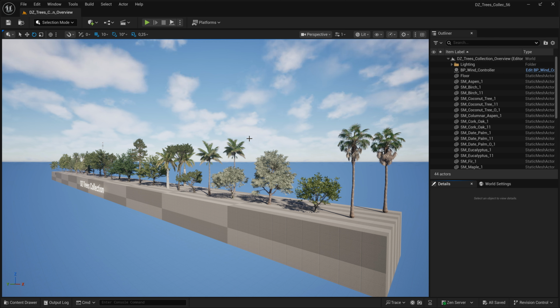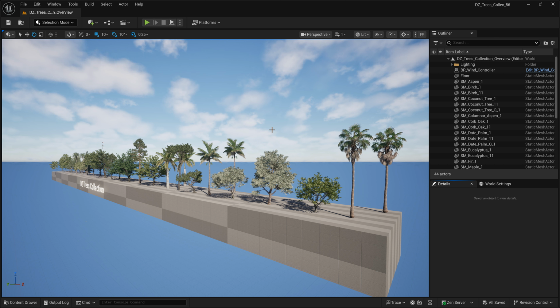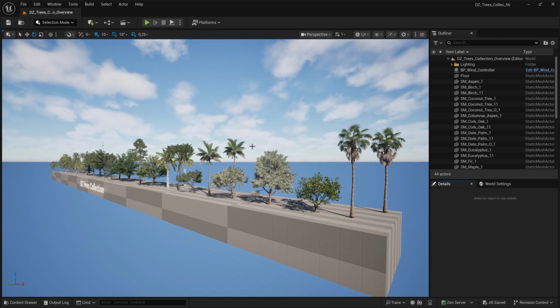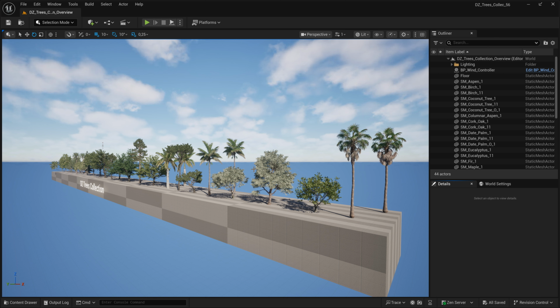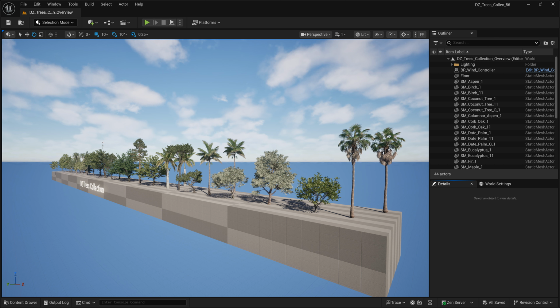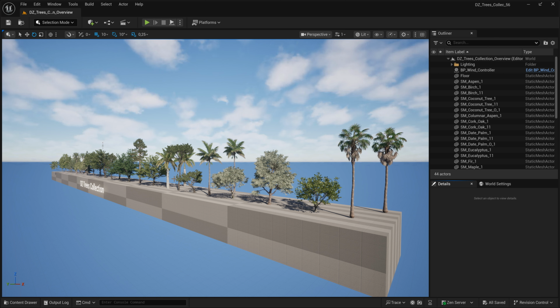This will be a quick tutorial of new features and some fixes that I have made for this package, the old DZ package. Also, the grass package will be updated. It's already 5.6, but it will have some. The trees will be updated and grass will follow the wind, the common wind controlling I have made. So basically,